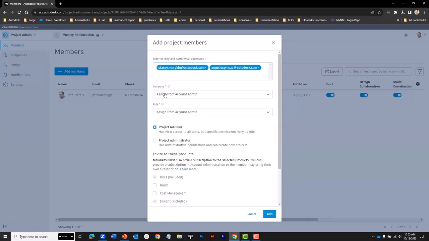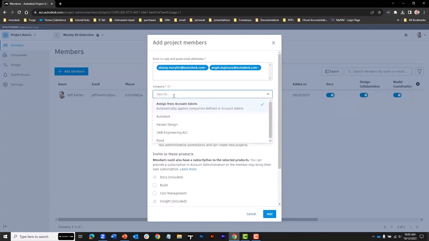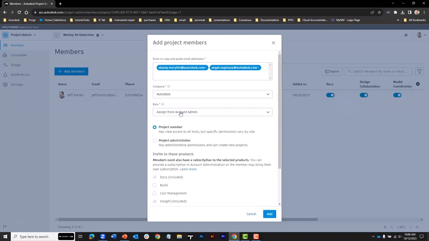Now I can assign a company and a role for these folks. We talked about company last time. When I opened the company dialog box, you can see I've got some companies to choose from. These are companies that have been used on other projects. And notice there's an option here to assign from account admin. We can actually preload companies and roles on people at the account level, and we'll look at that in just a second. For right now, I'm going to give them both the Autodesk company,